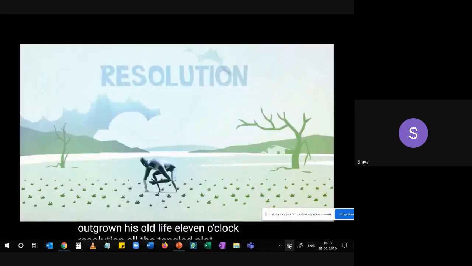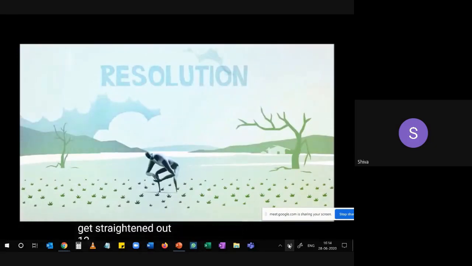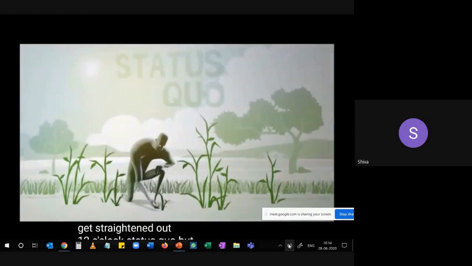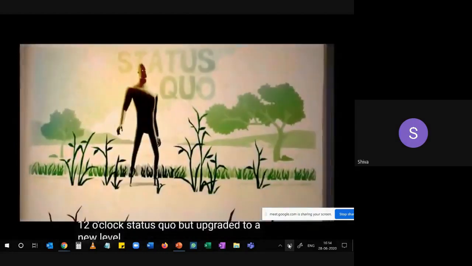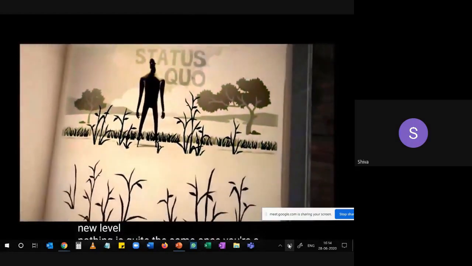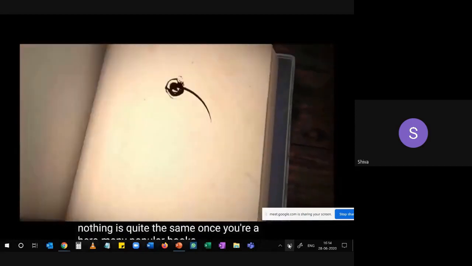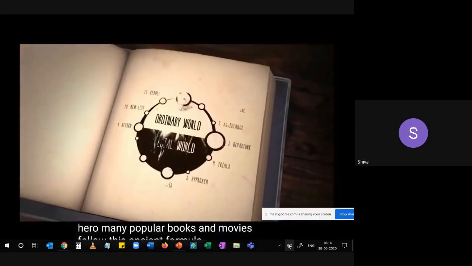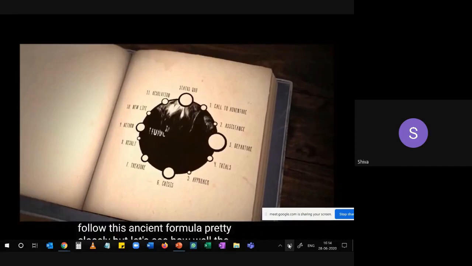11 o'clock. Resolution. All the tangled plot lines get straightened out. 12 o'clock. Status quo, but upgraded to a new level. Nothing is quite the same once you're a hero. Many popular books and movies follow this ancient formula pretty closely, but let's see how well The Hunger Games fits